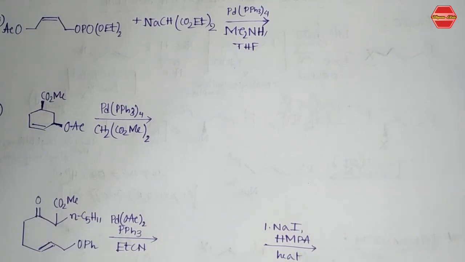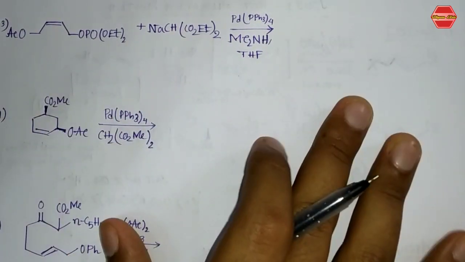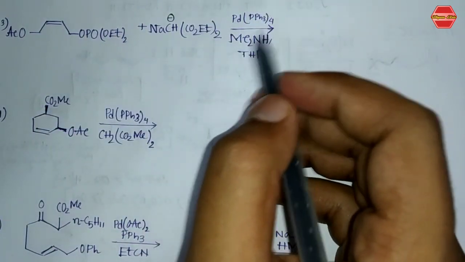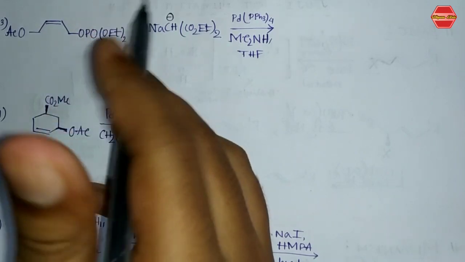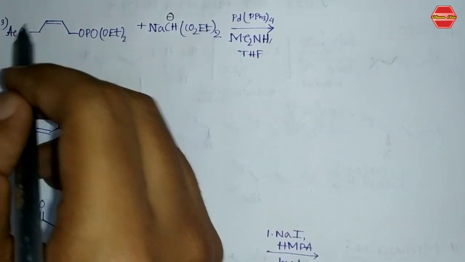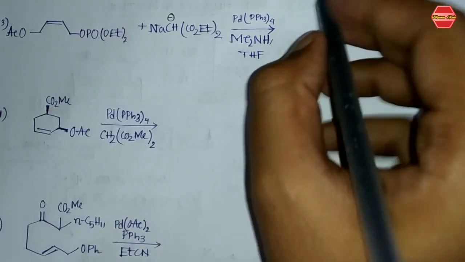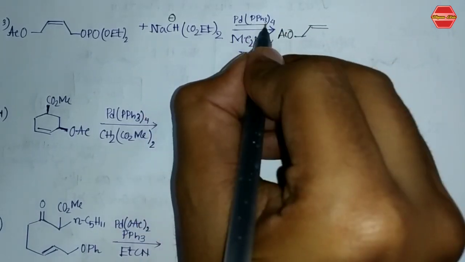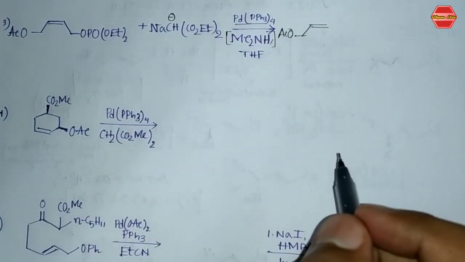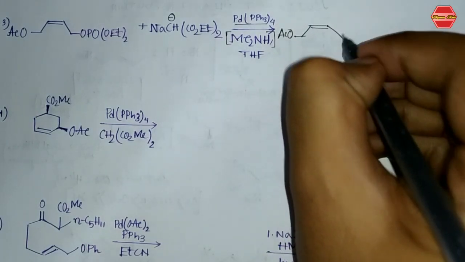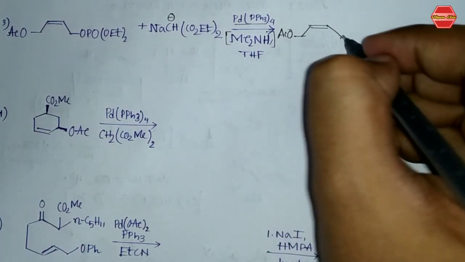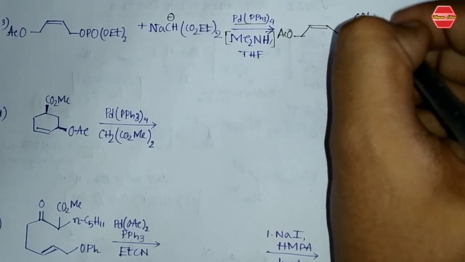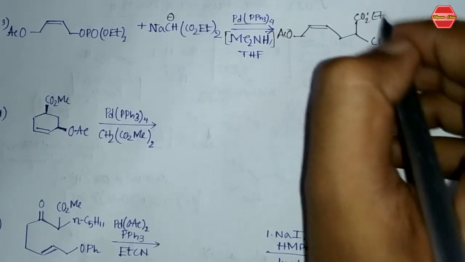Let's see another example for this Tsuji-Trost reaction. If you have this type of compound, you can see over here this is your negative charge and this palladium is also given. Now this part, this OPO, is quite a good leaving group compared to this OAC, so it will first be removed from the system. So from that we are going to get this reaction. You can see this palladium is given along with dimethylamine also given to you. So the first step is this one, that is, this group will attach like this. You can see over here this CO2ET, and here is your CO2ET like this.